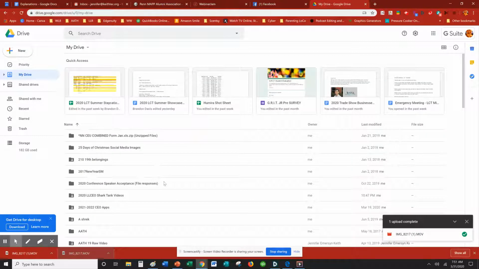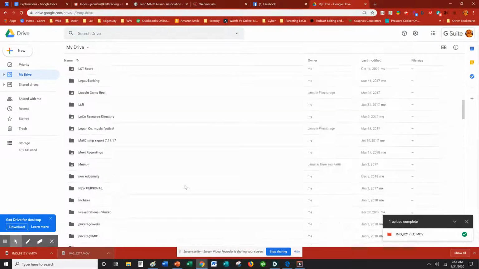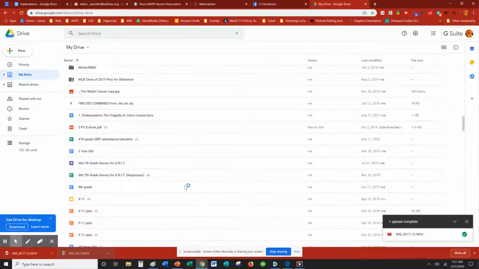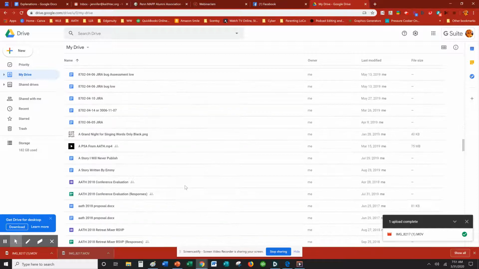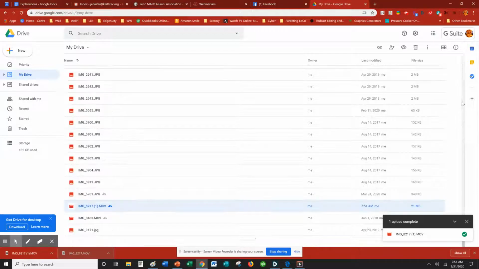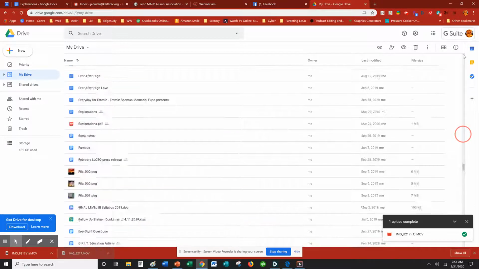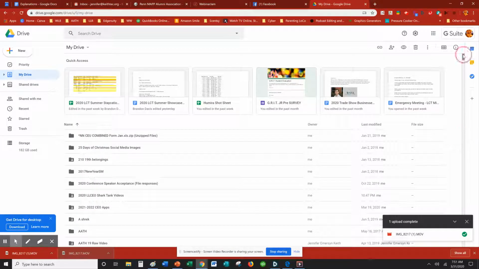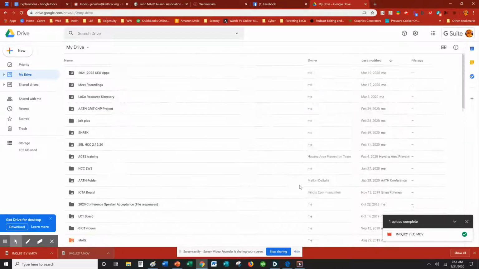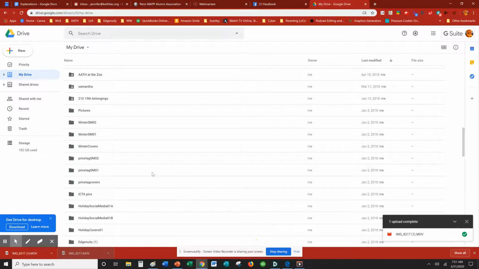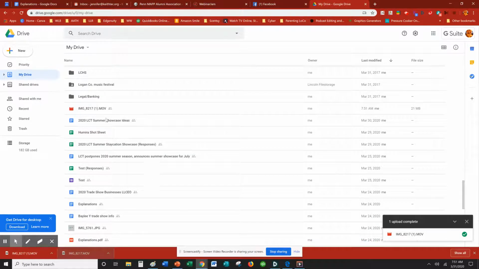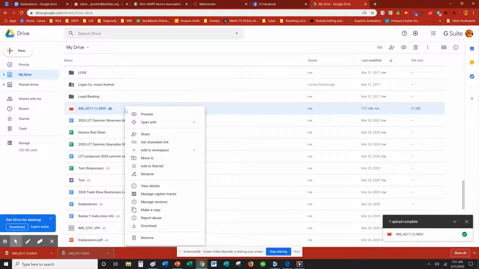It's going to show me where it's at, which is actually just going to be probably scroll down. Let me do this, since I have a lot. I'm going to do last modified. And then it's going to have all my lovely, there it is, okay. So then I'm going to do this. I'm going to hit right click without opening the file, because right now it's still processing, and hit the share